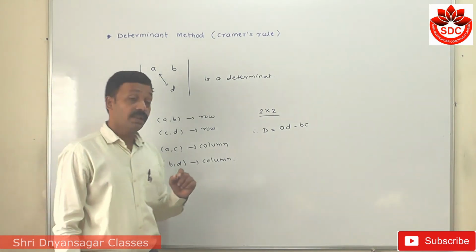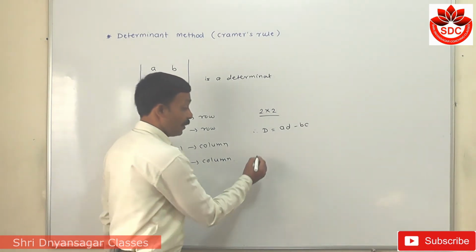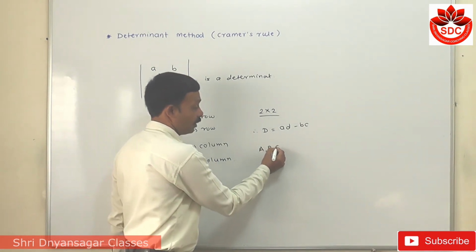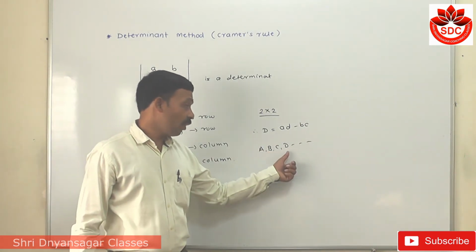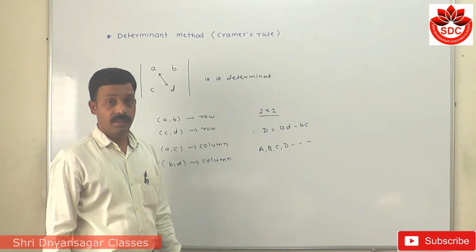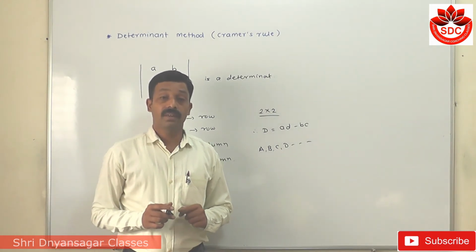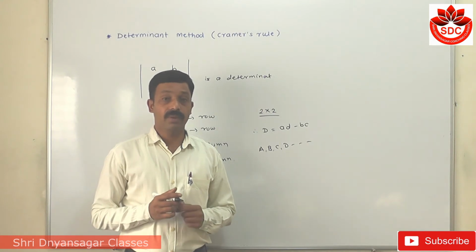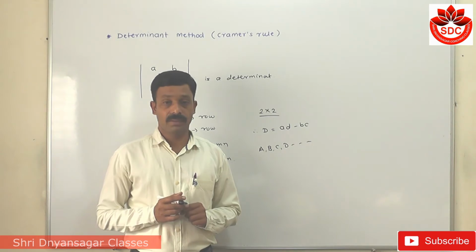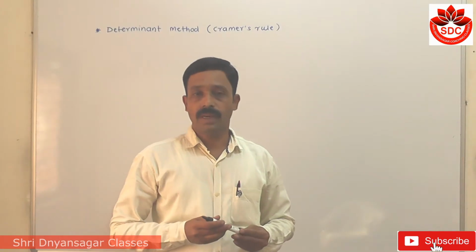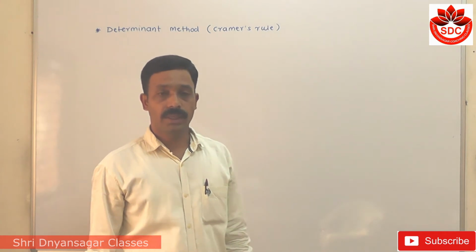Now students, determinants are always denoted by capital letters, for example A, B, C, D, etc. Now we use the value of determinants for D. Can you understand what is meant by a determinant? Then we take the methods of solving simultaneous equations by using determinants. Okay? We start with how to solve simultaneous equations by the determinant method.